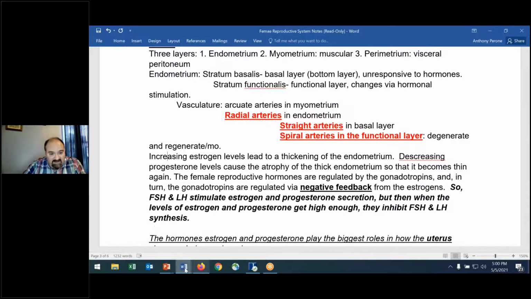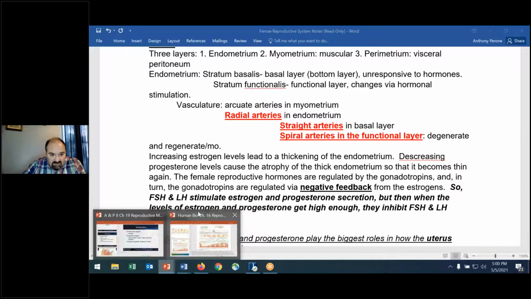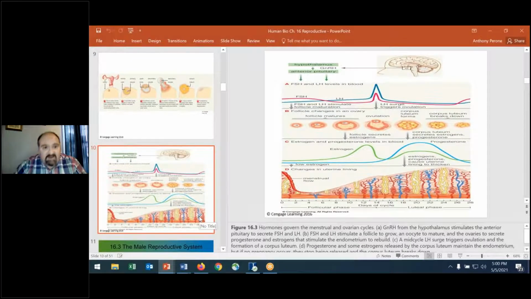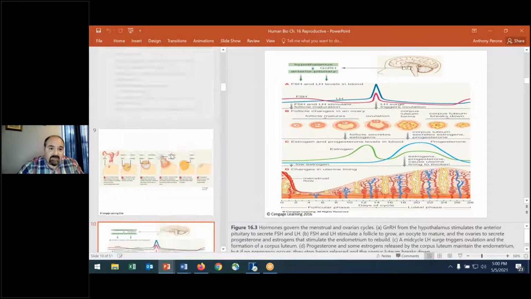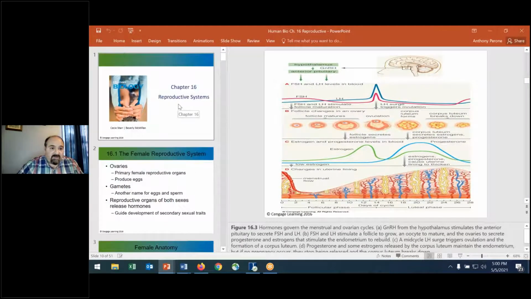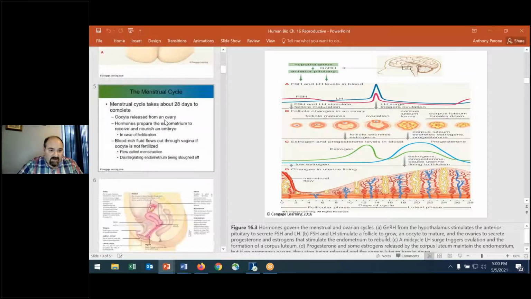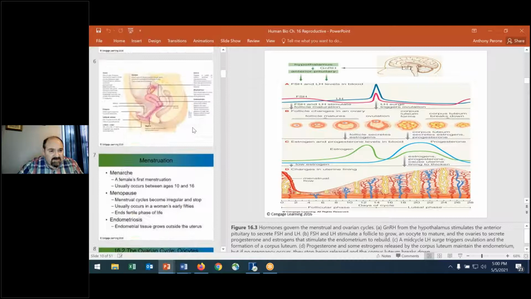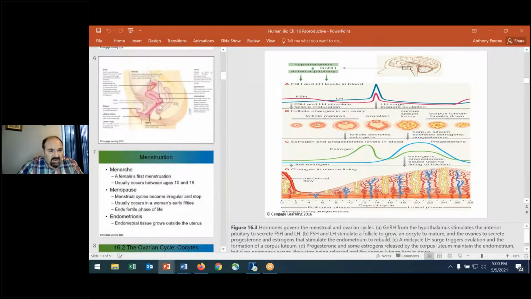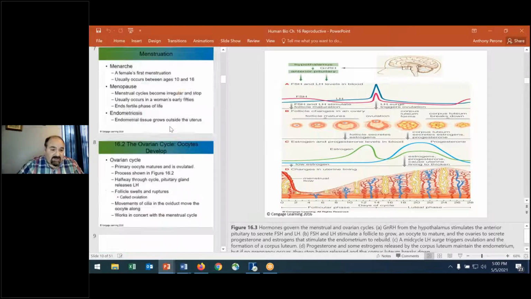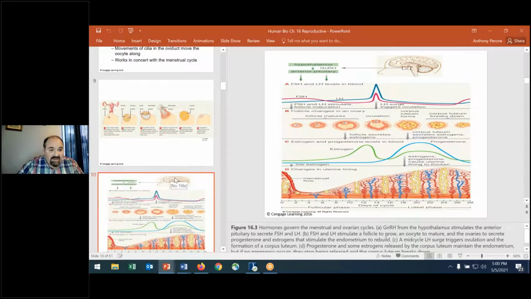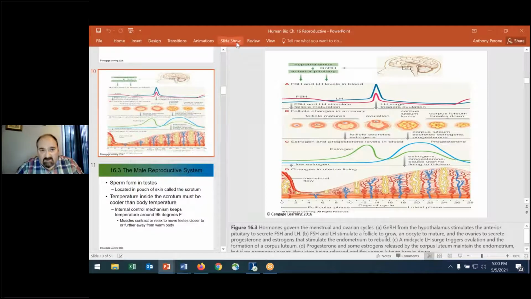And so now let's take this opportunity to look at this image here. Let's go back here. So this is from the human biology class in chapter 16 in their PowerPoint. And you can see here as far as different structures and such of the female reproductive system, just a couple of new images that you can take a look at there. And take a look at this image. This is what I want to show you.